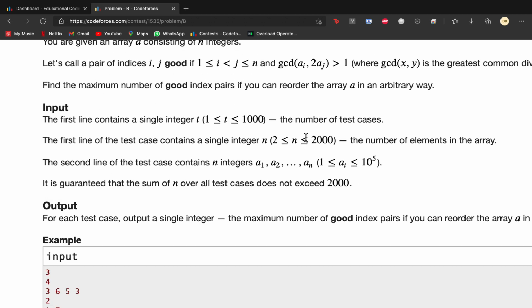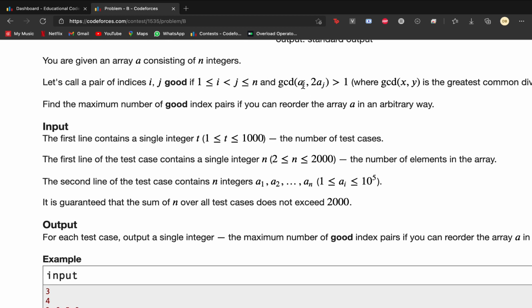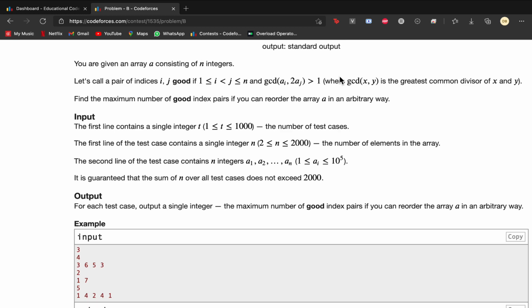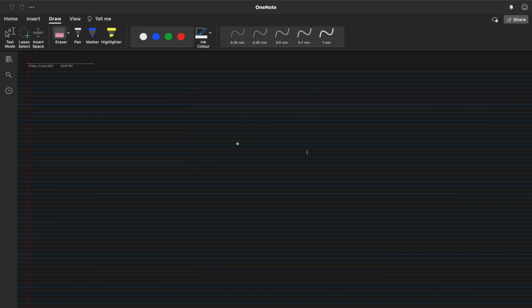For the third one we have 4 4 2 1 1. We get a small hint from the fact that we have the first element and twice the second element. So for the logic, let's say we have a at the first index and b at the second index, and a is divisible by 2, so a mod 2 is equal to 0.